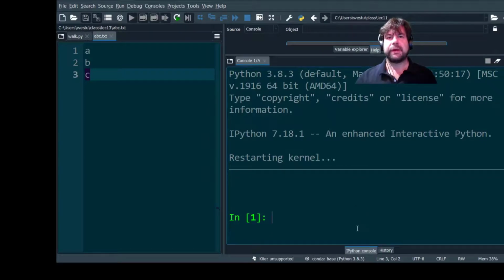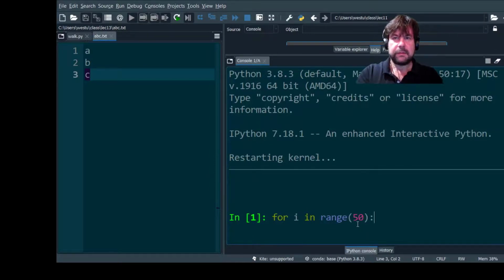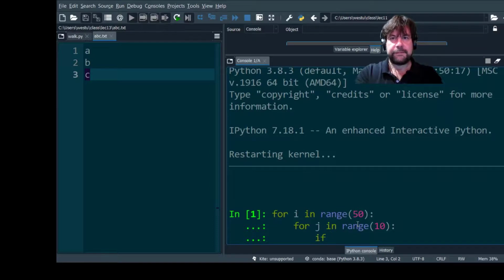So if we have something like for i in range 50, for j in range 10, if